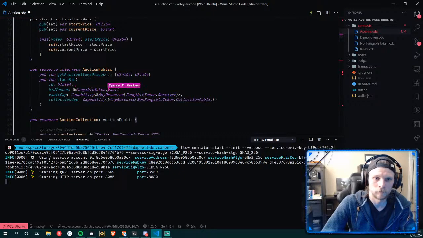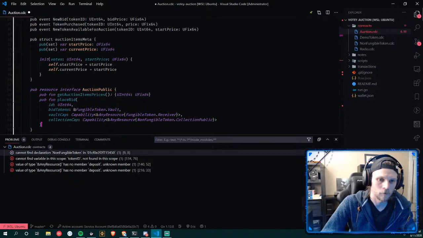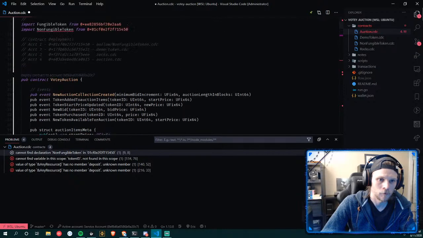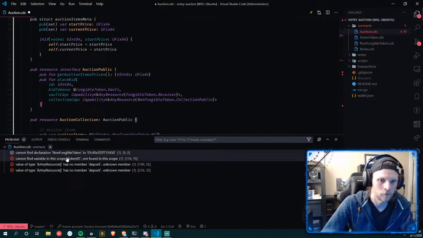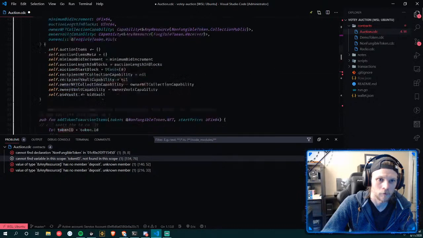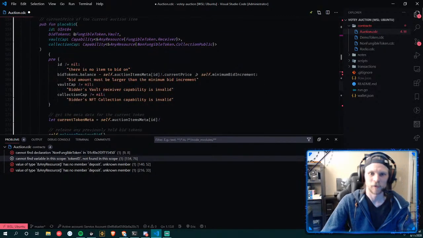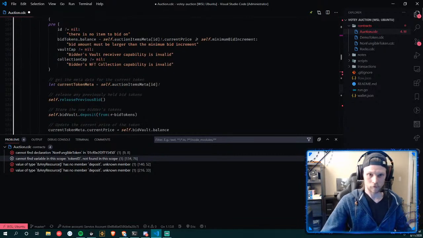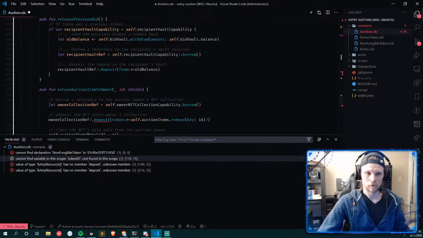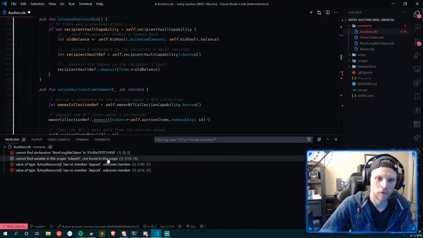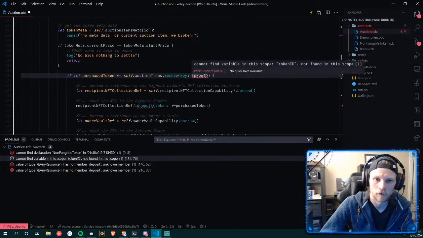So now it's okay. Now I think if you deploy the non-fungible token contract and the rocks and everything, then you don't get any compile errors anymore. Check 134. But I mean,